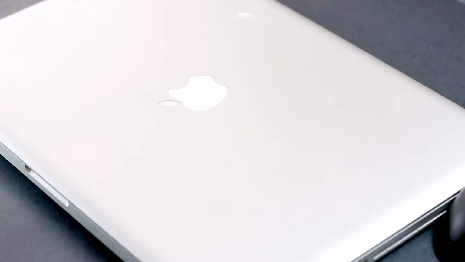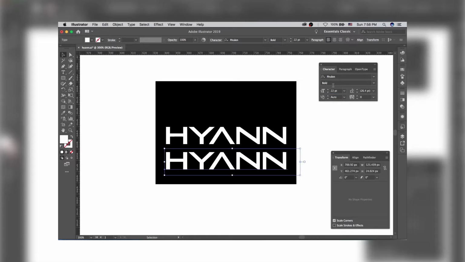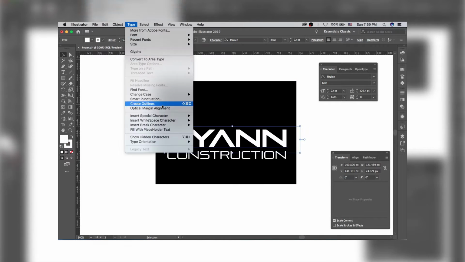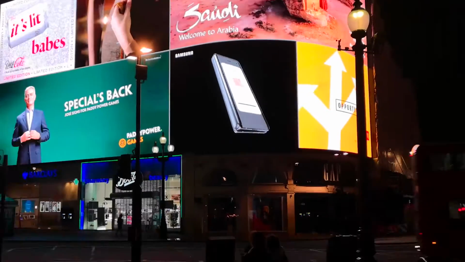After sketching is complete, I then proceed to upload the sketch to my computer where it can be digitally designed using Adobe Illustrator. Adobe Illustrator is the industry standard vector graphics creation program which gives you the ability to create graphics that don't lose quality when resized. This is perfect as your logo needs to be able to fit on the smallest screen as well as the